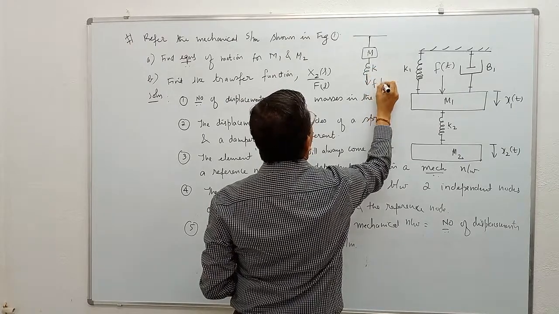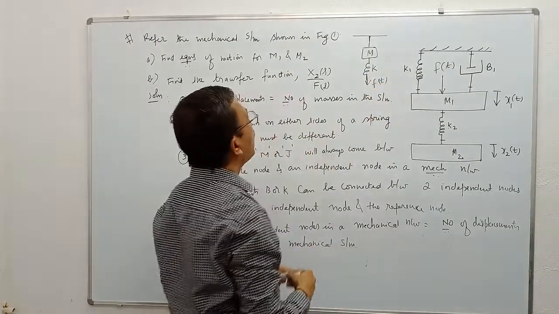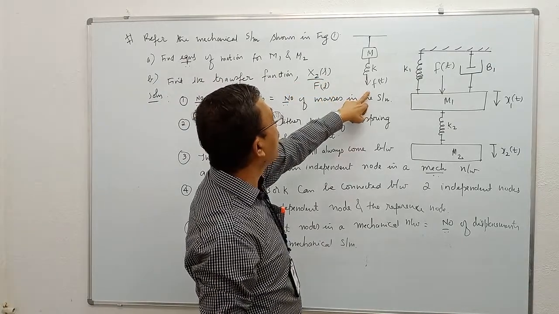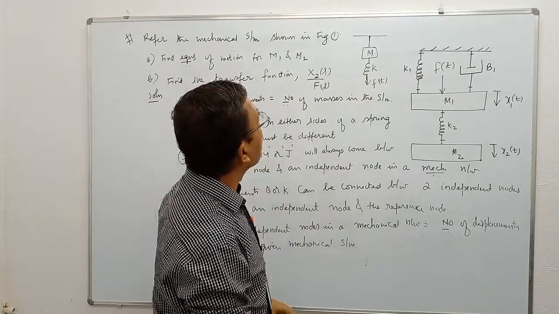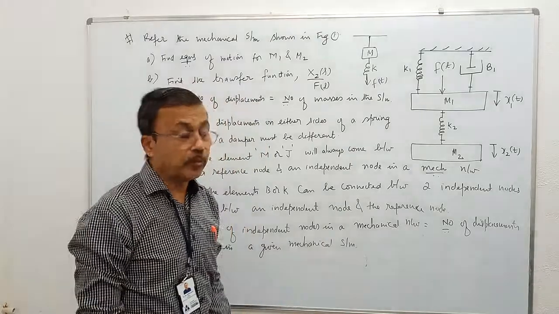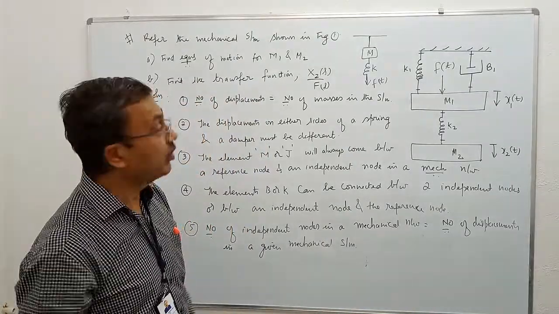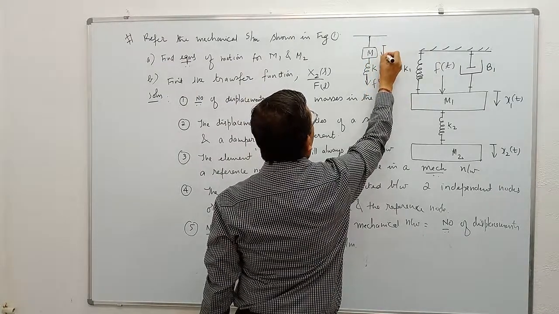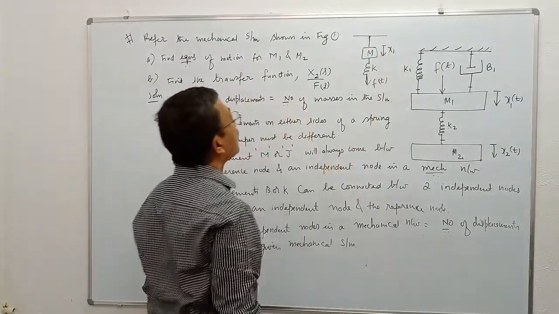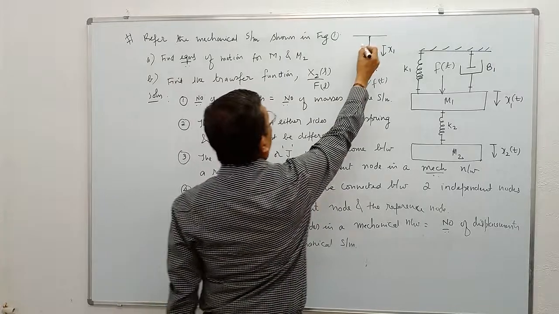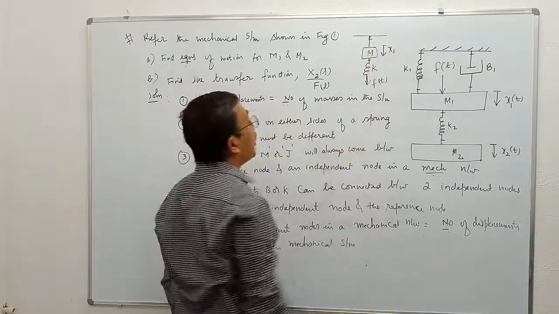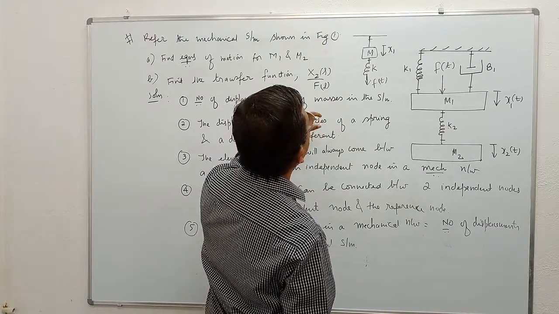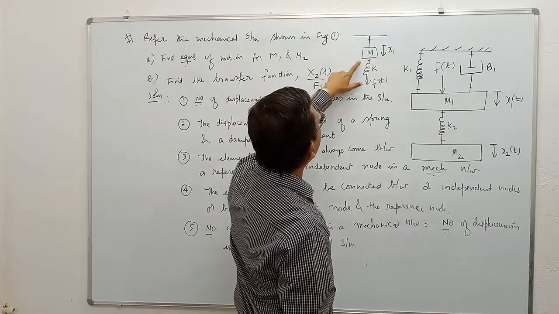Like this. We have got mass M and a spring connected serially, and a force F of t is applied to this spring. What I said, minimum number of displacements must be equal to number of masses. There is one mass, therefore there will definitely be one displacement, which is x1. Displacements on either sides of the mass will always be identical. So mass m1 moves by distance x1.